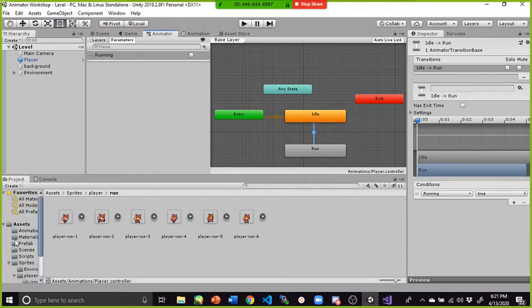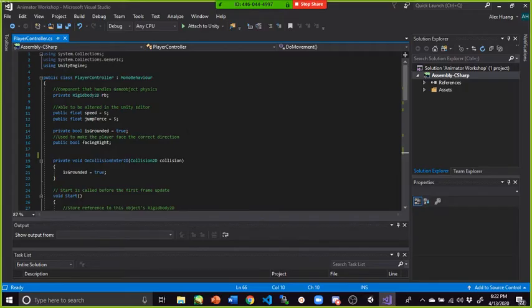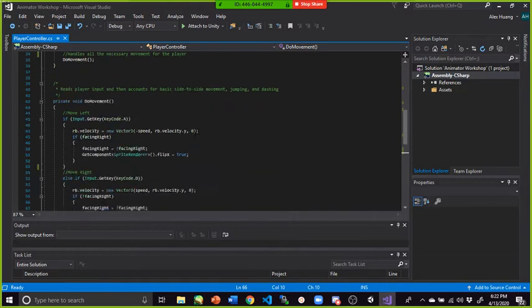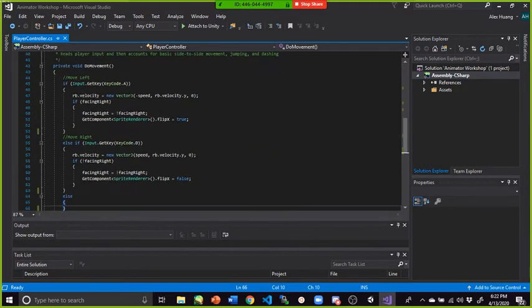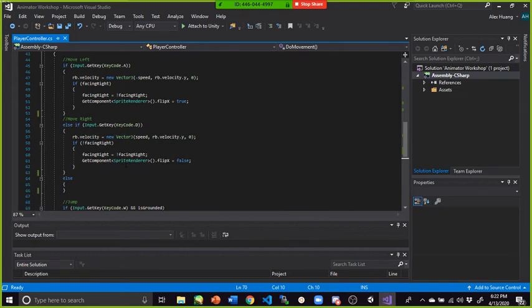So let's go ahead and go into our script. This is a very basic player movement script. Pretty much it just has two actions the player can do, move left and move right, and jump. I guess that's three, but